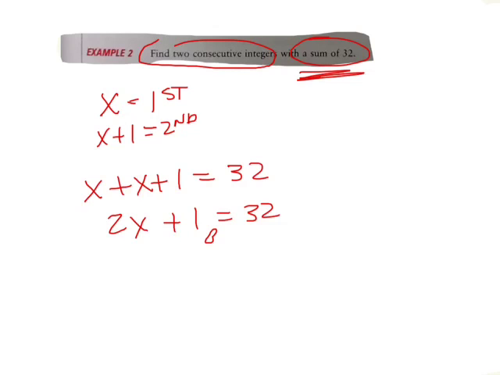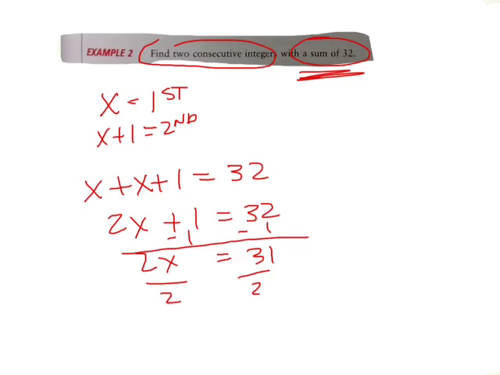Excuse me, I was wiping something off there. So subtract 1, so 2x equals 31. Divide by 2. I should show this minus 1. x equals